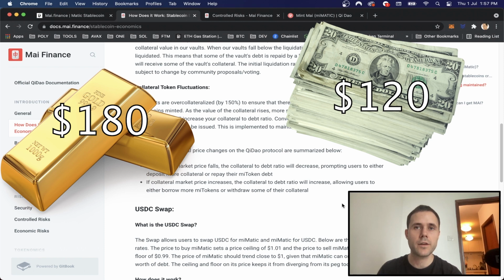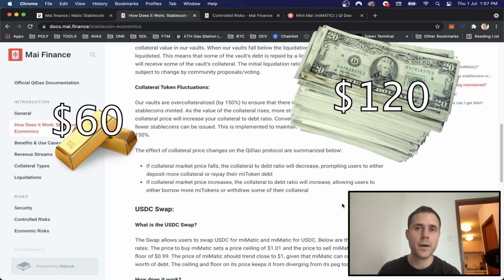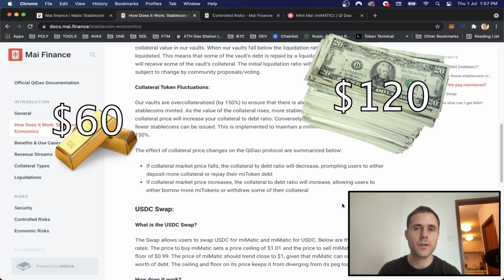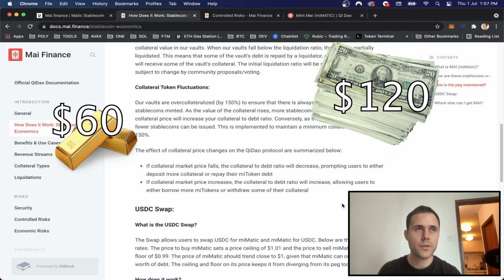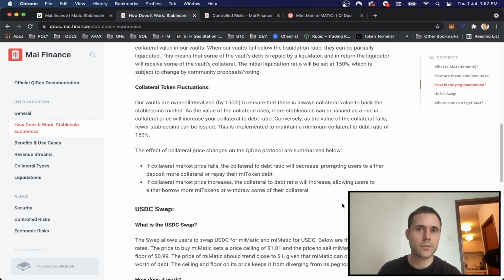Well, if your collateral decreases to $60, then the amount you've loaned, you're either going to need to pay some of that back. So if we're at $60, then you can only borrow $40, right? So then you're going to need to find $20 to repay, which was the collateral of 90 and the loan of 60. Or you're going to need to increase your collateral by about 30%.